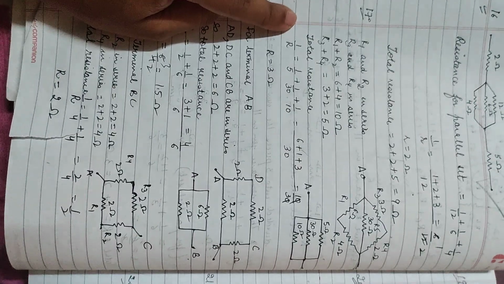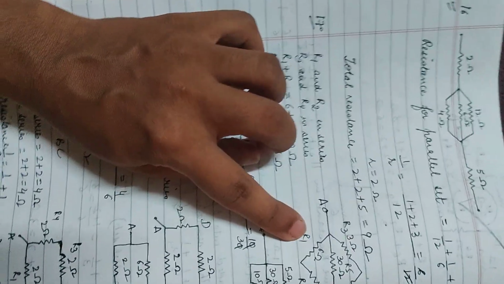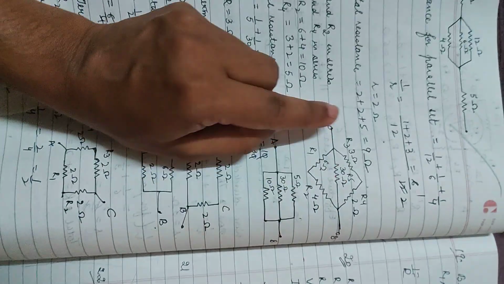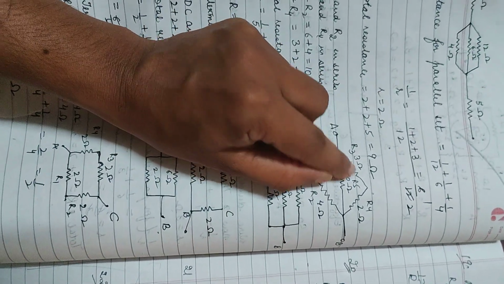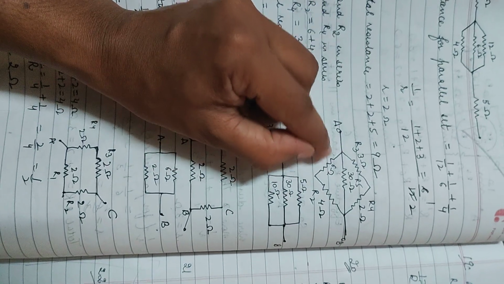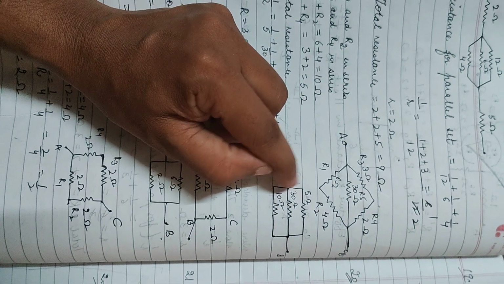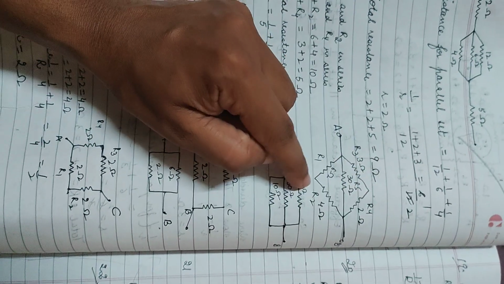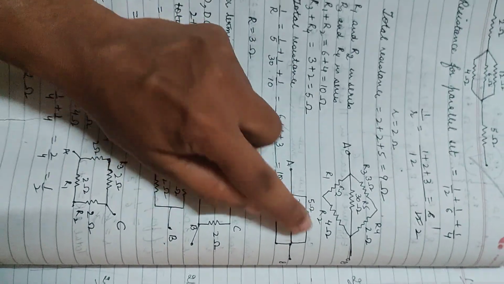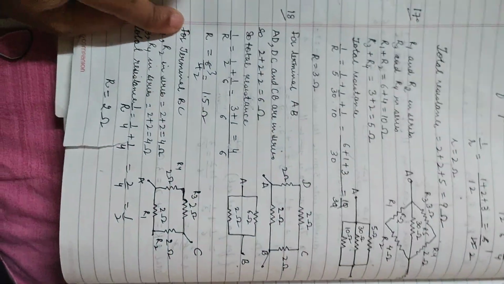Now in the case of the 17th question, they have given us this circuit system. See, again these are the joint points. So basically this 3 and 2 ohm will make one series part, and 6 and 4 will make another series part. So 3 plus 2 is 5 ohm, 30 ohm remains as it is, and 6 plus 4 is 10 ohm. These are all in a parallel circuit form. Then you add it, you will get the answer.